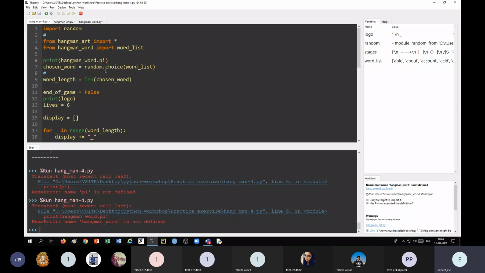Some spelling mistake I made. It is not defined. So I have to import py also, because I cannot use this. Now I can use py in this way.